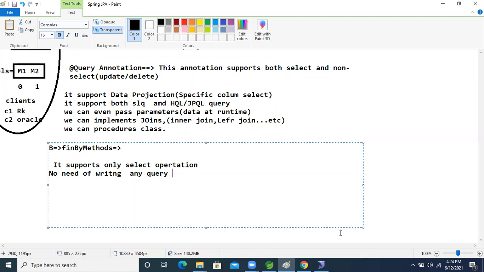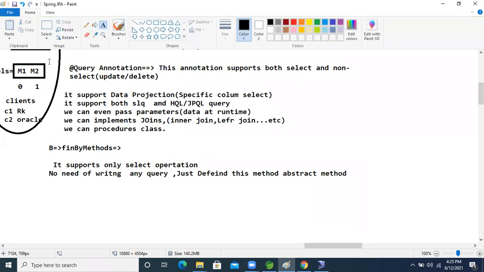Just define this method, which is an abstract method. This method is converted internally into a simple select query, and internally it will use it.